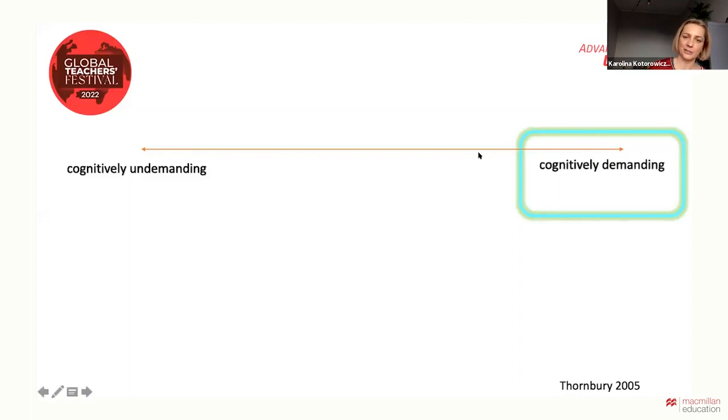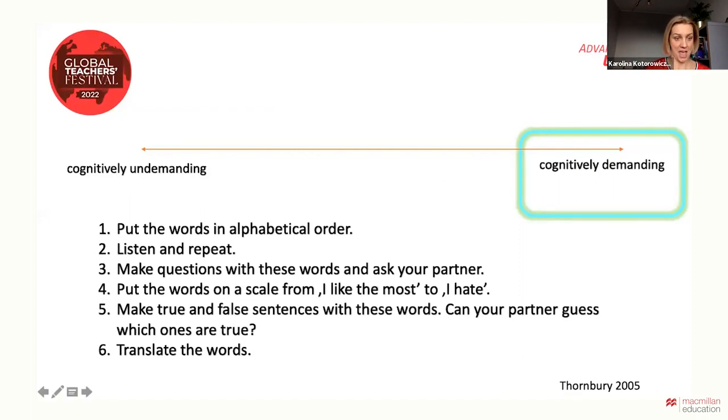And now I have a task for you again, to wake you up a little bit and to keep you cognitively engaged. There are six different activities here, but only two of them have the so-called cognitive depth, or can be characterized by that cognitive depth. Which are they? That's my question to you. If you could please write your answers in the